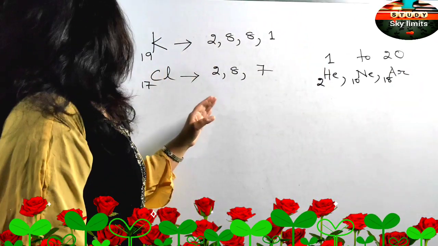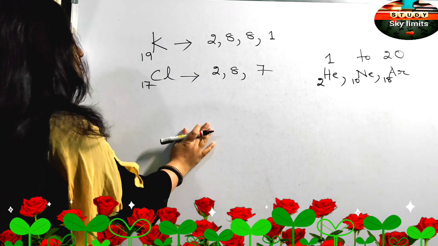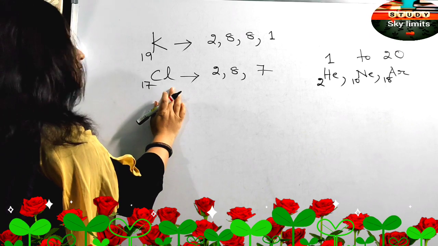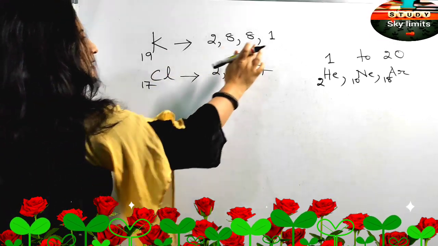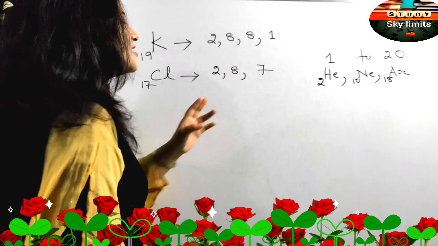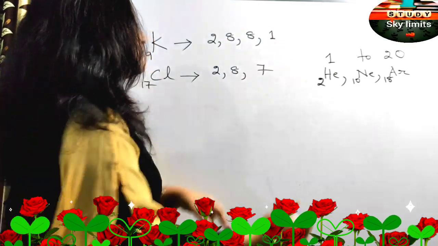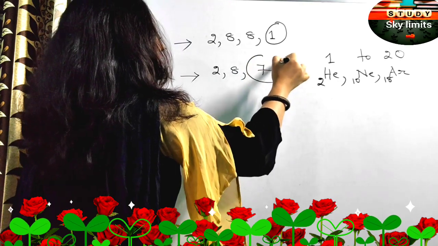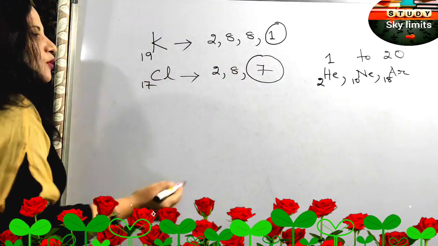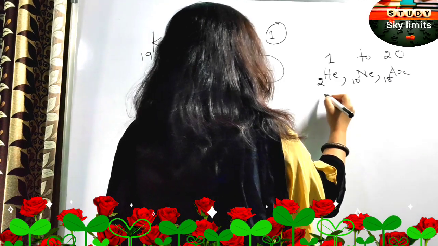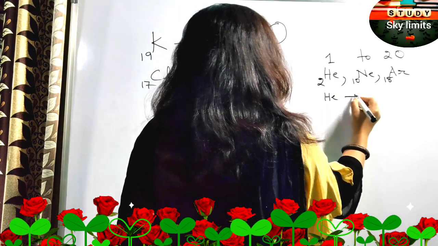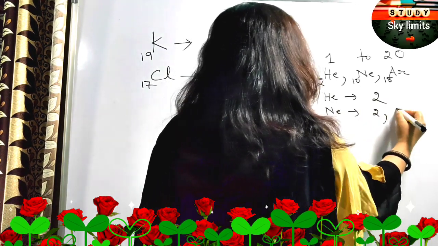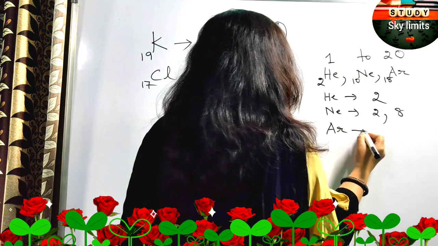Now let us come back to the example of potassium and chlorine. Potassium is a metal, chlorine is a non-metal. The outermost shell, called the valence shell, has 1 electron in the case of potassium, and 7 electrons in the case of chlorine. Just for your information, let me write down the electronic configurations: helium is 2, neon is 2, 8,